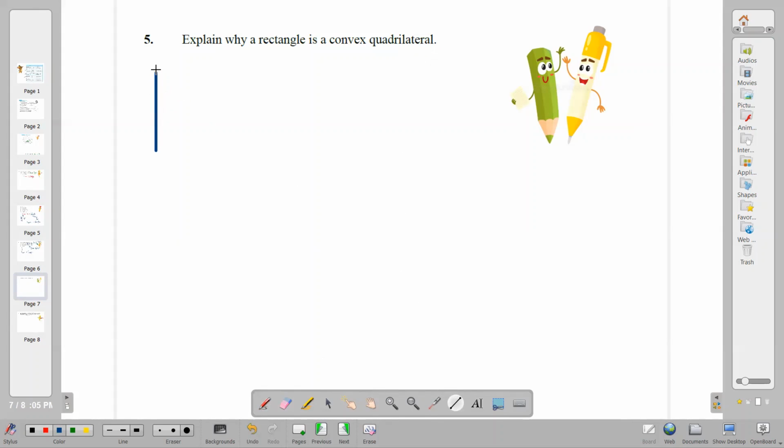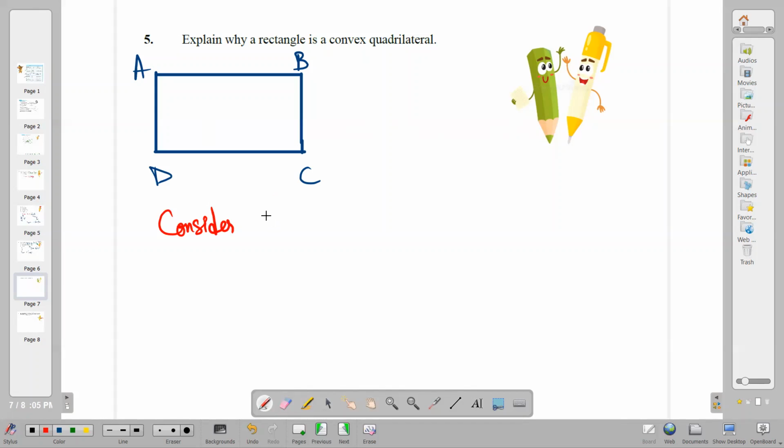Explain why a rectangle is a convex quadrilateral. अगर suppose ये मेरा rectangle है, उसको मैं convex quadrilateral बनाना है मुझे, तो मुझे prove करना पड़ेगा। कैसे? ठीक है, suppose मैं इसे नाम दे देती हूँ ABCD. Okay, consider rectangle ABCD. देखो इसके diagonals lie within the rectangle होंगे, diagonals अंदर ही है।